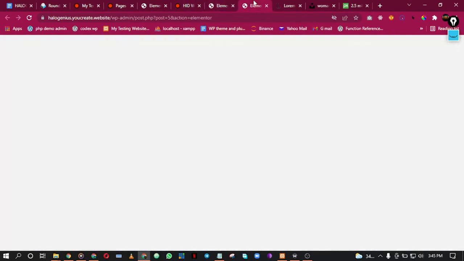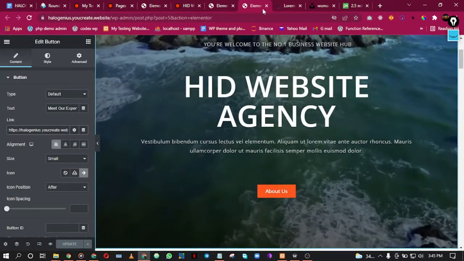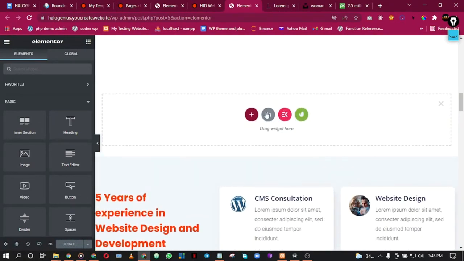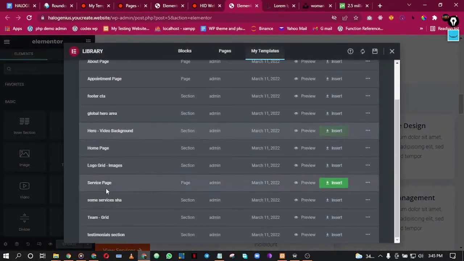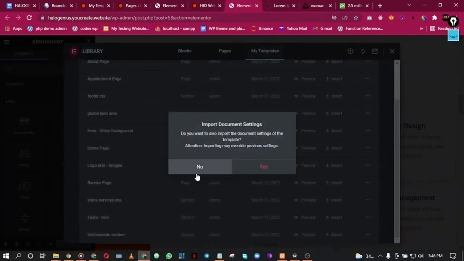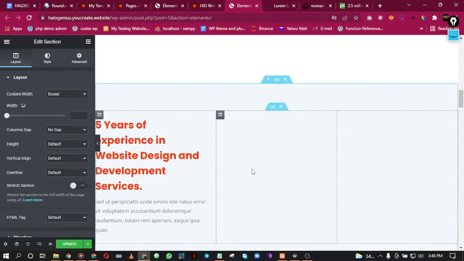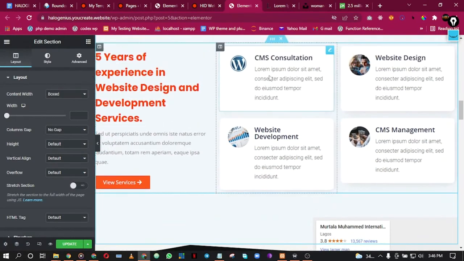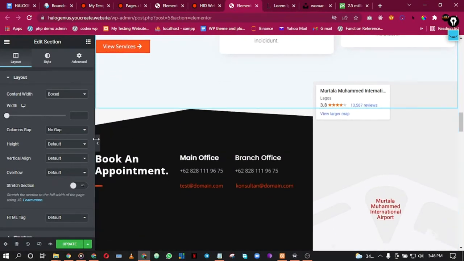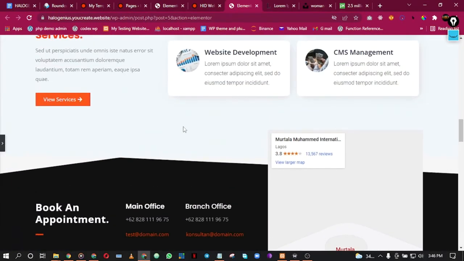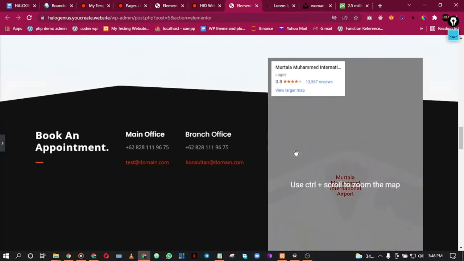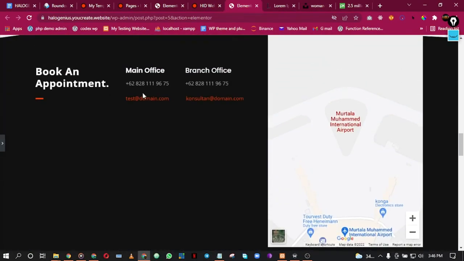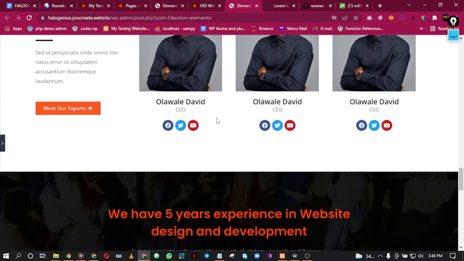Okay, so come to the Elementor. I think this is for the home. Okay, come here and bring this up. My template, some services. Insert it. No. Okay, so I'll just take this one out and I'll go my way. But don't forget, I've had to make some modifications there. So view services. Okay, so after this one, what I want to do is,